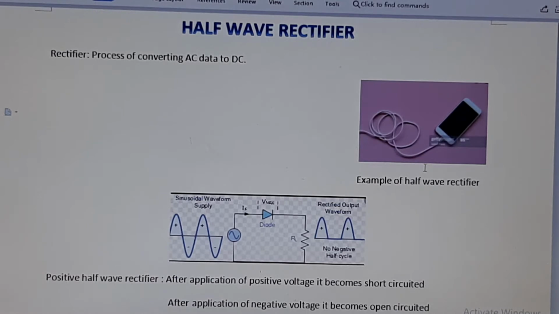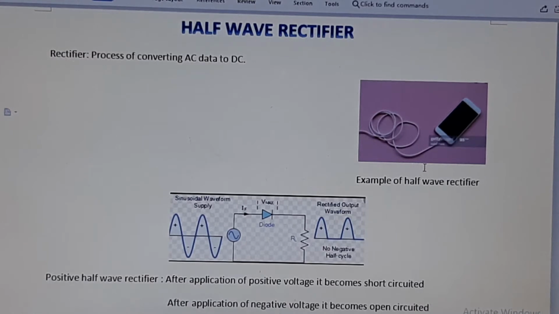To solve this problem, a rectifier can be used. A rectifier only passes current in one direction. There are three types of rectifier: half-wave rectifier, full wave rectifier and bridge rectifier. In this video I am going to talk about the half wave rectifier. So what does a half wave rectifier do? It simply blocks the current in the negative direction.